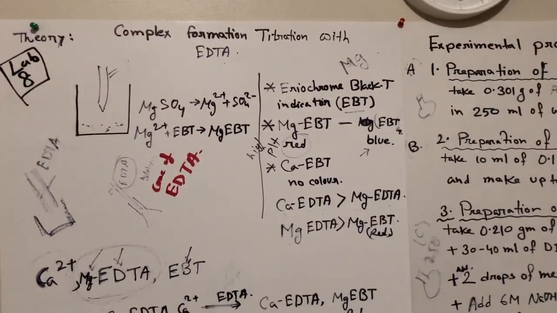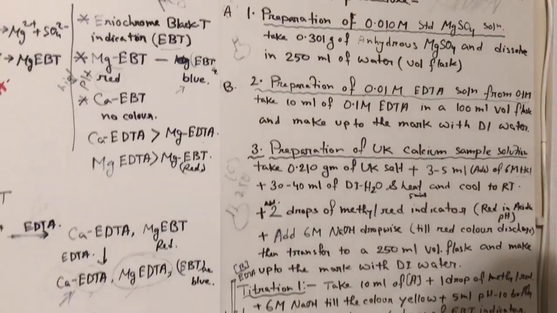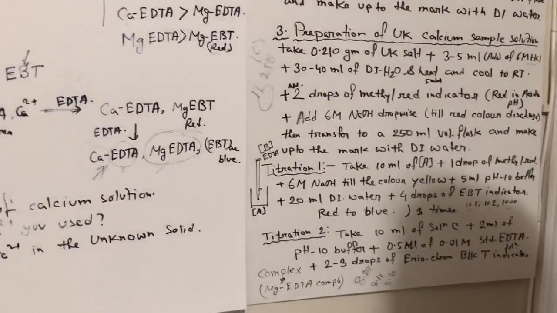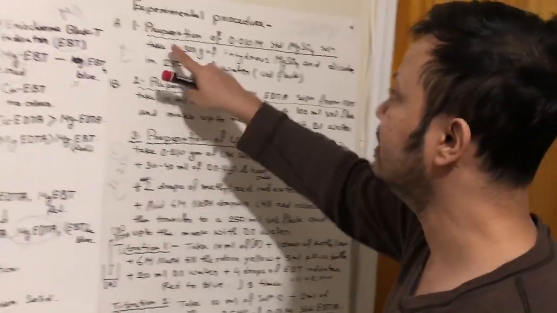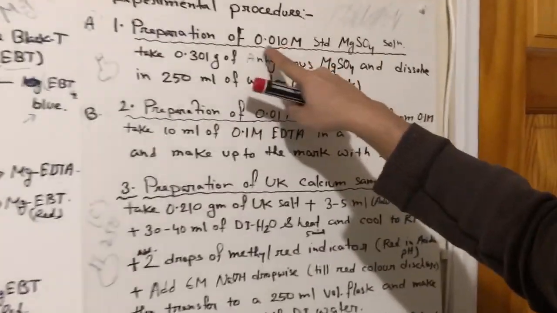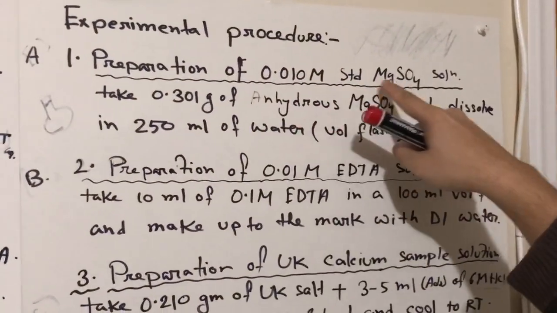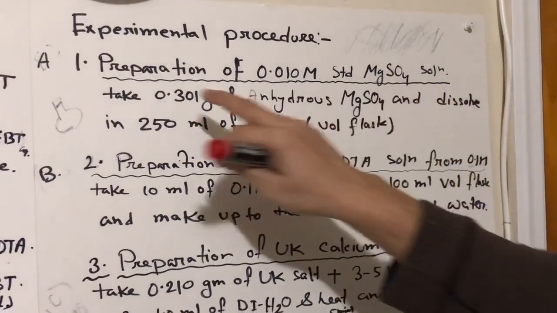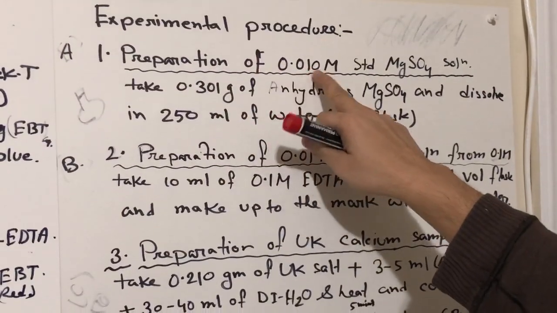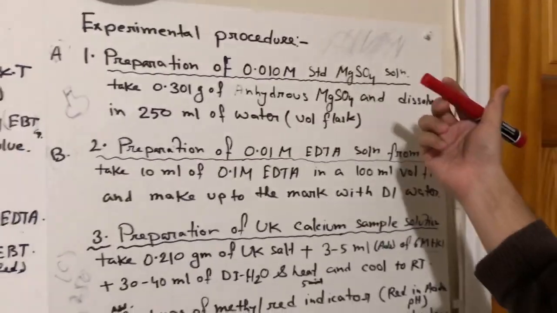Now I am going to discuss the experimental portion. So in the experimental portion, first what will you do? You have to prepare the 0.01 molar standard magnesium sulfate solution. How will you make it? You have to take